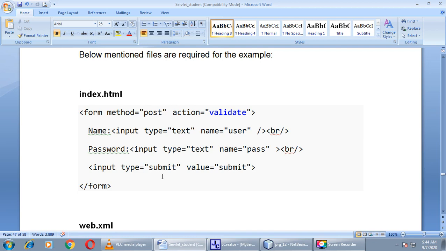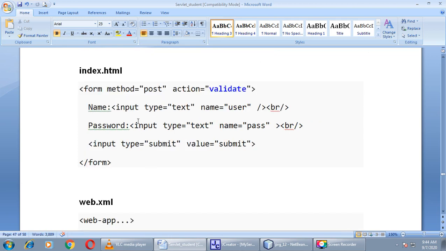Here the input type is text and the name of this box is user. Similarly, second is the password field. Input type equals password, name equals pass. We'll provide one submit button also. Input type equals submit and value equals submit, right? Hope you understand this code because it is plain HTML code, nothing else. You learned it in the first semester, right?